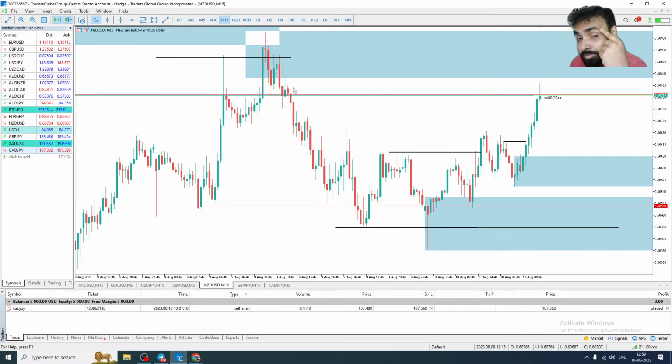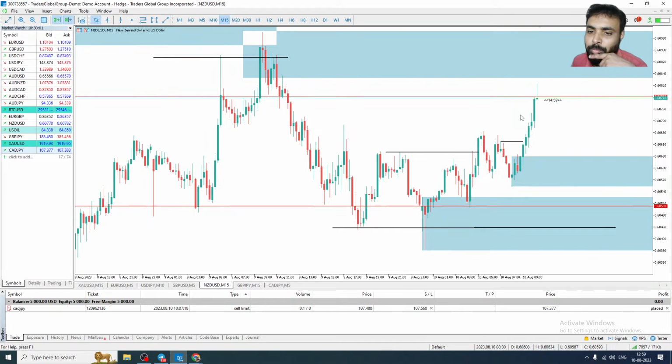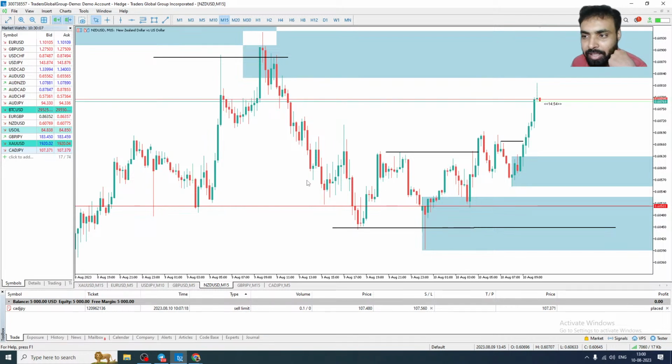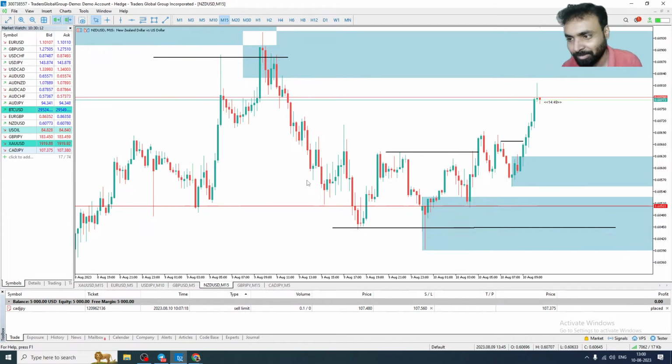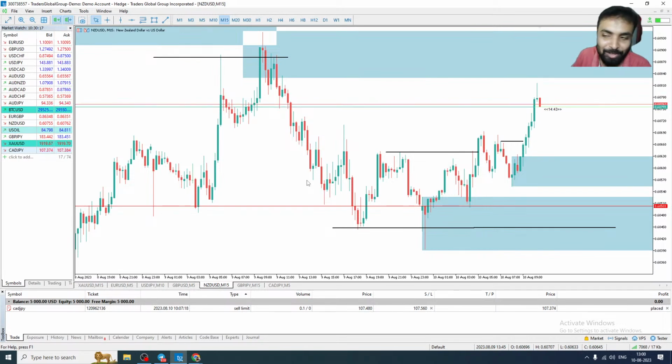Okay, you can do that also, without a break of structure. You can take a small profit and exit. Now you can see this is touched and reacted a little bit, right? Not a big reaction, but a small reaction. Yesterday one person spoke to me. He told me that he's taking 60 trades per day and making some $5, $3, something like that in a real account. So small reaction, close, small reaction, close, like that.